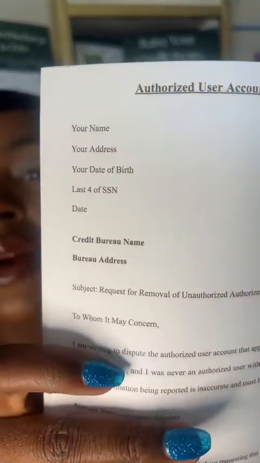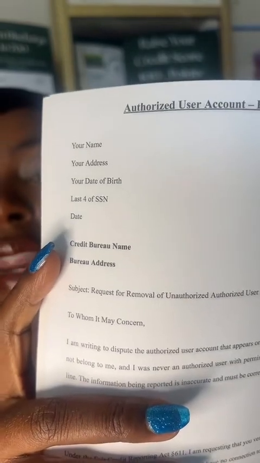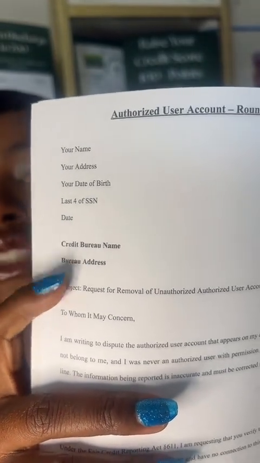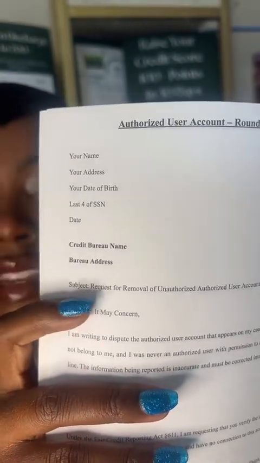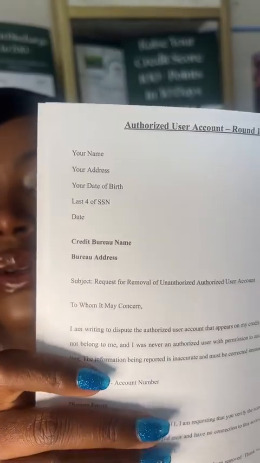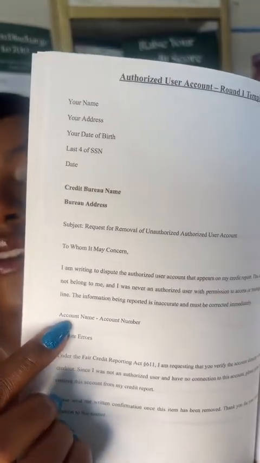So you can see right here is literally 70 dispute letters inside of here. And let me give you an example. All you have to do is just put in your name, your address, date of birth, social security number, the date, what credit bureau you're sending it to, and then you need to just fill in the account name, account number, and then the dispute errors. I taught you all about dispute errors. Is the balance wrong? Is the date of last activity on the account wrong? Is the date open wrong? Is the payment history wrong? That's what you're going to put on the dispute errors, but you have 70 dispute letters inside of this, okay?